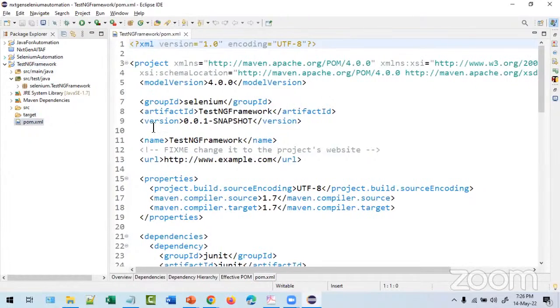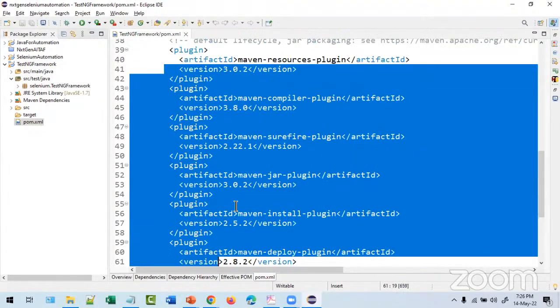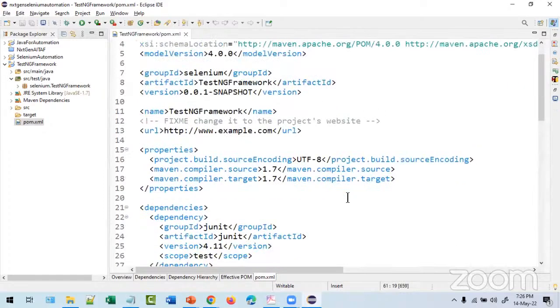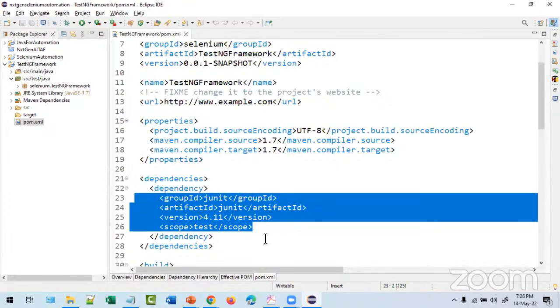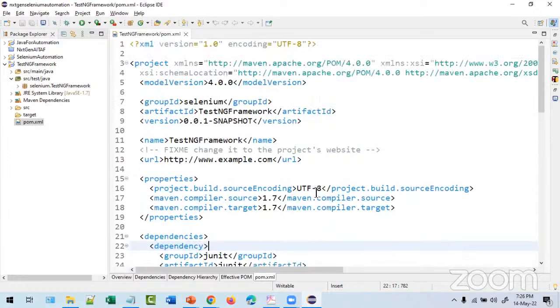Don't rename, don't play with this file. If this file is getting some error, that's it. It is very tough to find it. And by chance, if you have followed the shortcut way for creating, you will not get these things. So these are all very important details. We will be utilizing it. And here you can see JUnit. By default, we are going to use TestNG, and JUnit is the Java Unit Framework used by the development team.